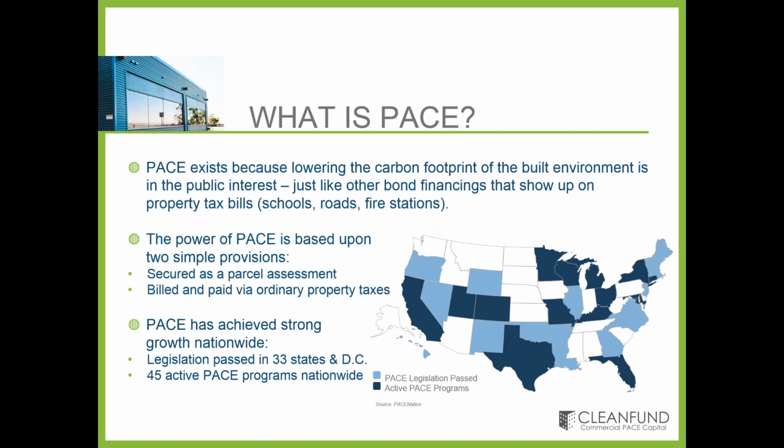The implications are, because we're repaid by the property taxes, that we're very secure. Property owners pay their property taxes, so this is very secure lending. Because of that, we're able to do things that traditional lenders can't do. Things like,